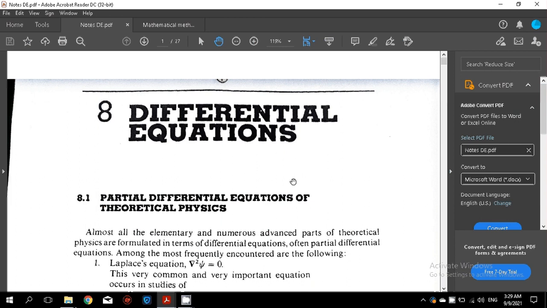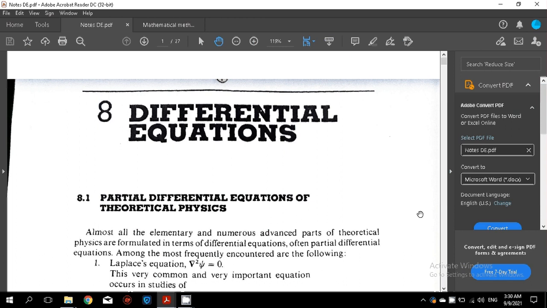So we cannot move ahead unless we solve that equation and then complete the topic of the physics. So that's why differential equations are so important. And you can go through the text on these few pages before you,